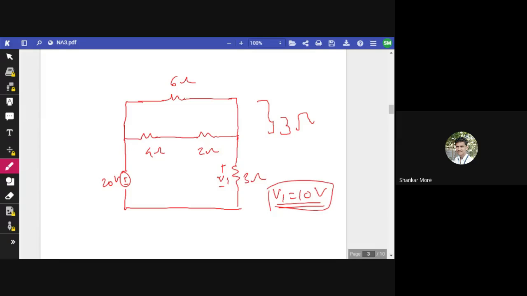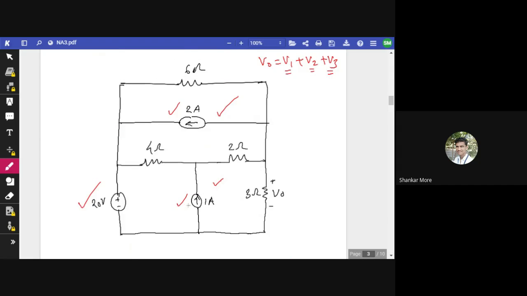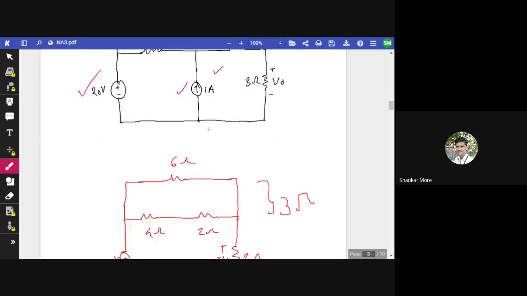I'm very bad at drawing also and the units also, okay, so please cope up with me, yeah. So V1 is equal to 10 volt आया, अभी V2 कैसे निकालेंगे, V2 निकालने के लिए हमें 20 वोल्ट को निकालना पड़ेगा, शॉर्ट सर्किटेड, बाद में किसको निकालेंगे हम, 1 एम्पियर को भी निकाल देंगे, और 1 एम्पियर की जगह पे we will keep 2 ampere as it is, ठीक है।